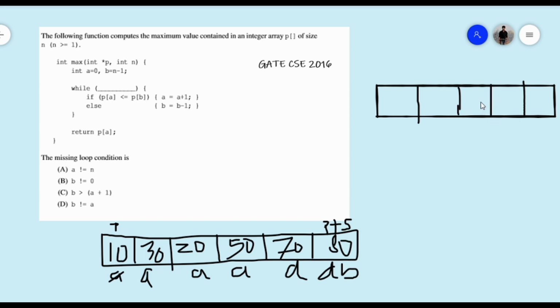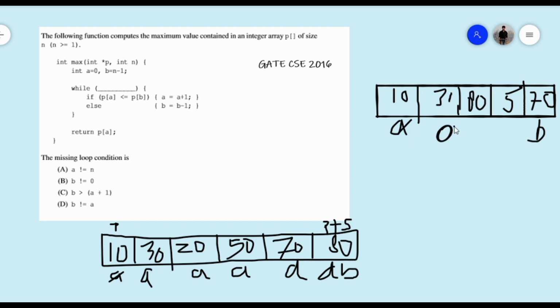Now suppose we are finding the maximum element. Here 10 is there, 30 is there, 80 is there, 5 is there, and 70 is there. Suppose A is here initially and B here. Again 10 is less than 70, yes, so A will be increased.